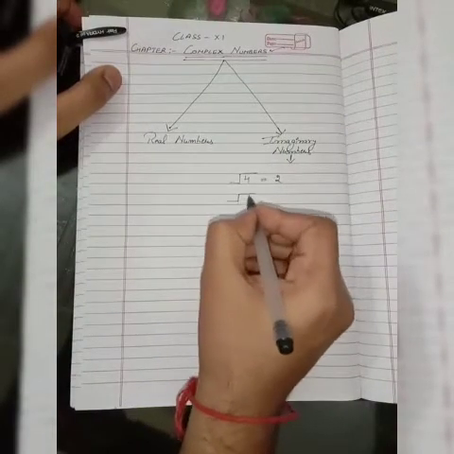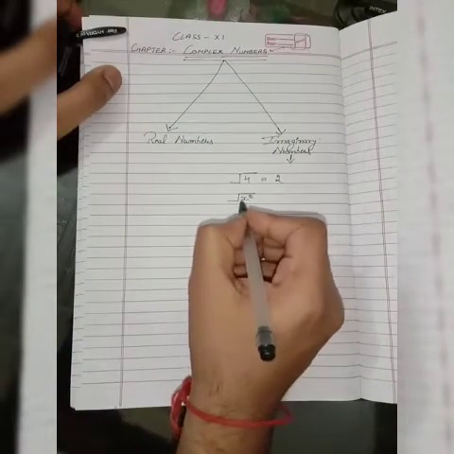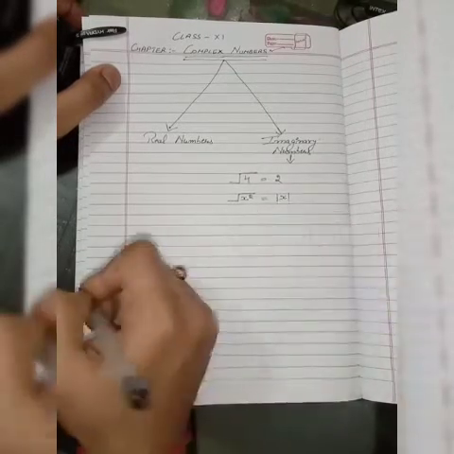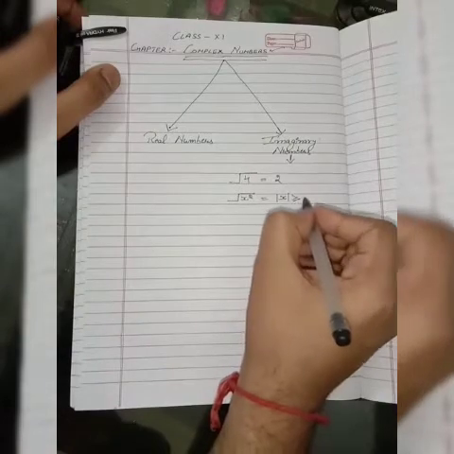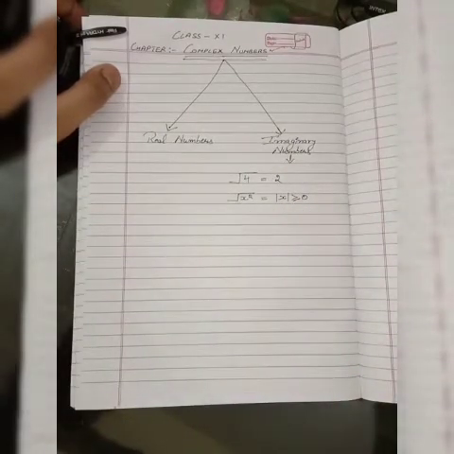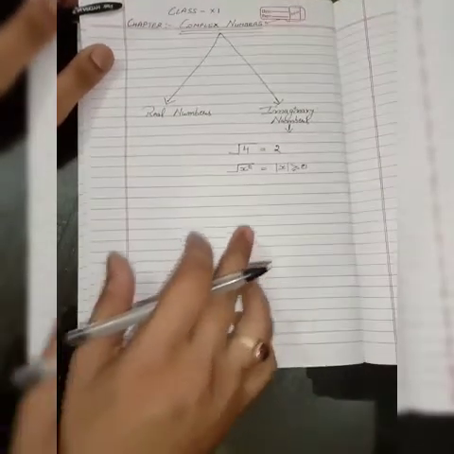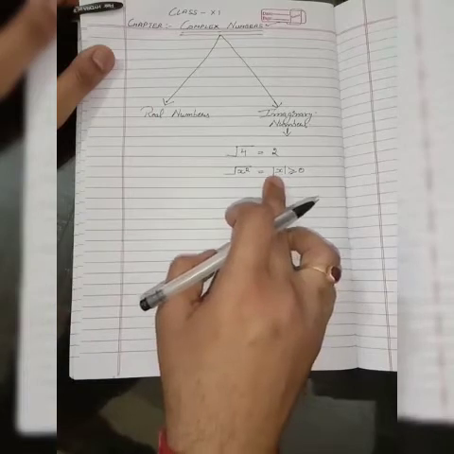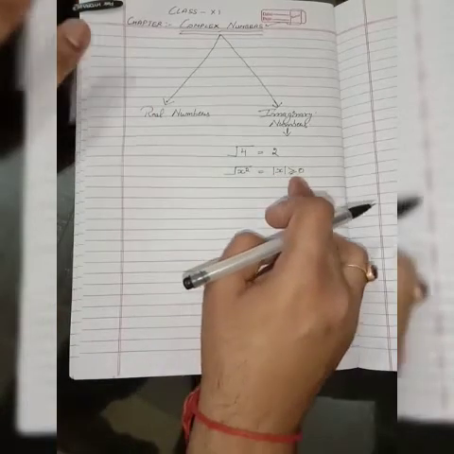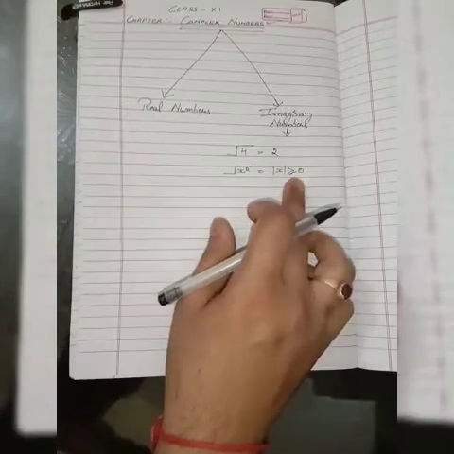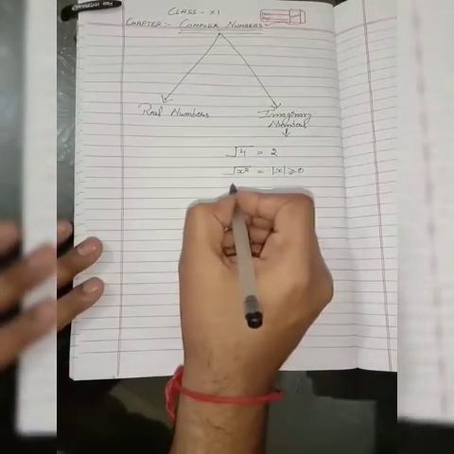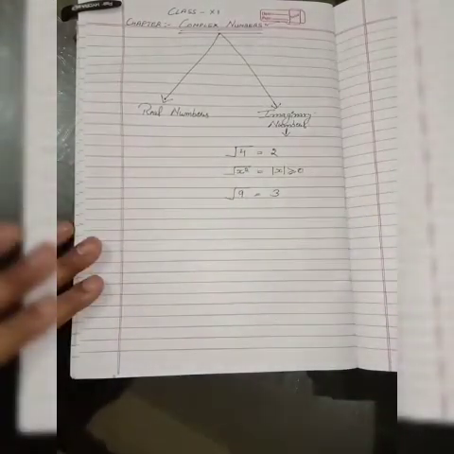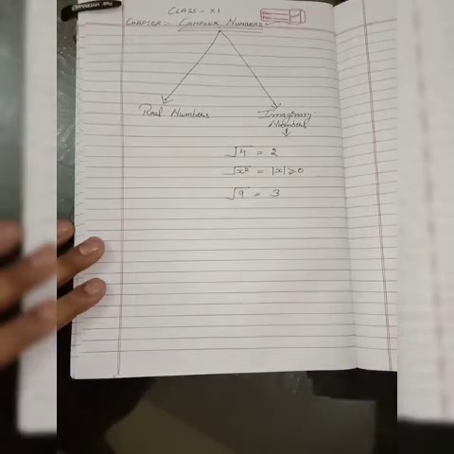Because by the definition of square root, if we find the square root of x square, then it will be mod x, and mod x is always positive. Is it clear to everybody? Square root of x square is mod x, and the value in the mod is always greater than 0, or we can say positive. Similarly, what is the root of 9? That is 3. It's not plus minus 3, it is 3.